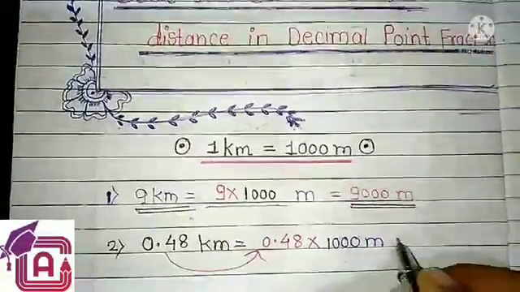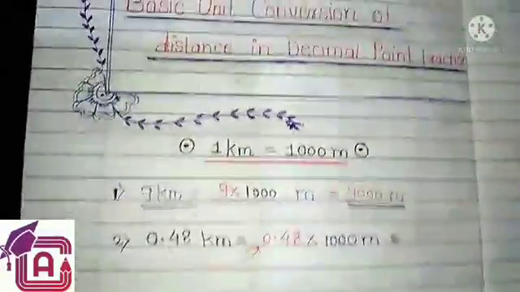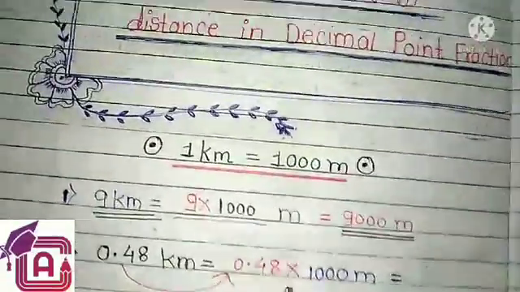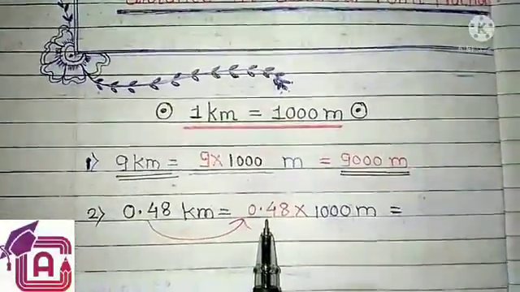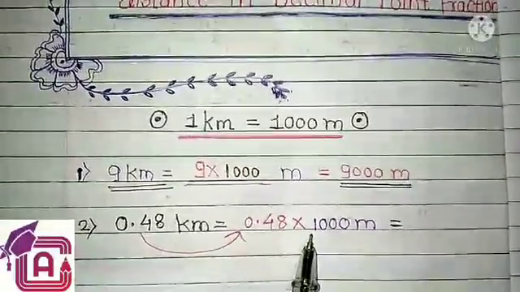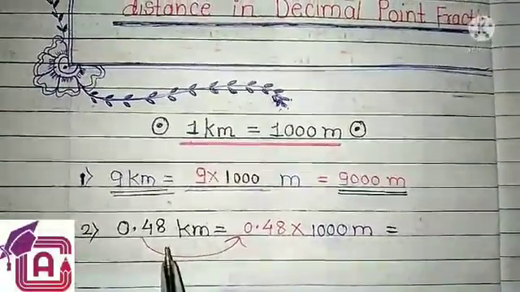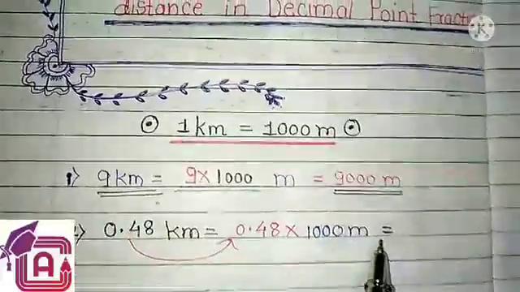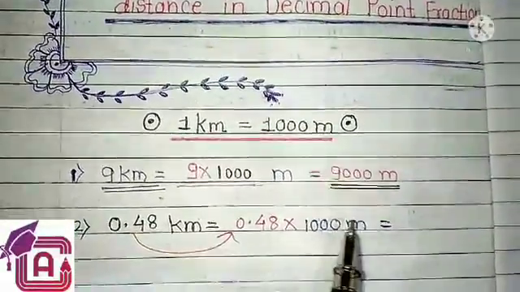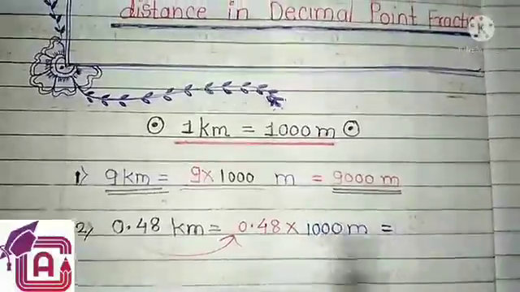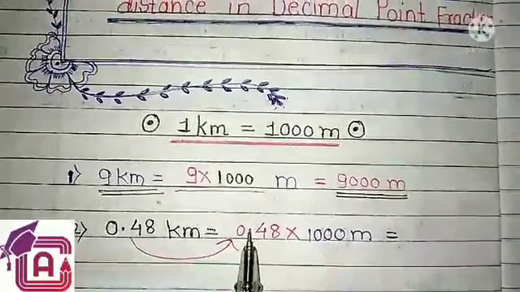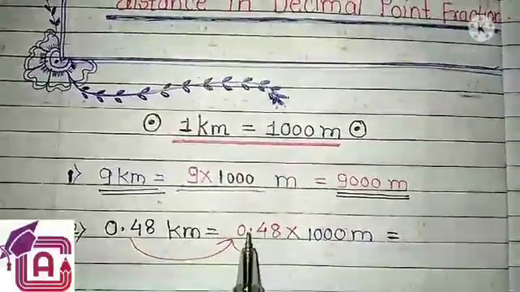And in the previous video about decimal fraction conversion, we also looked at what happens when a decimal fraction is here and we are multiplying, or going from a bigger to a smaller unit. Kilometer is a bigger unit, meter is a smaller unit, so we have to multiply with 1000, 100, 10 as per the condition, and move the decimal during the multiplication.